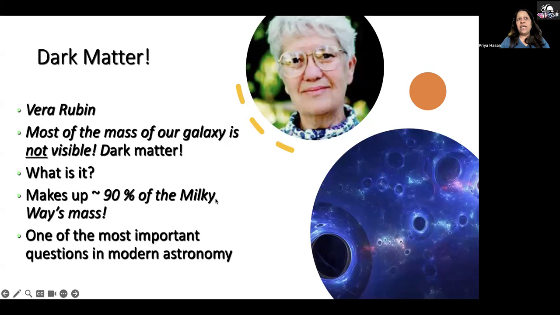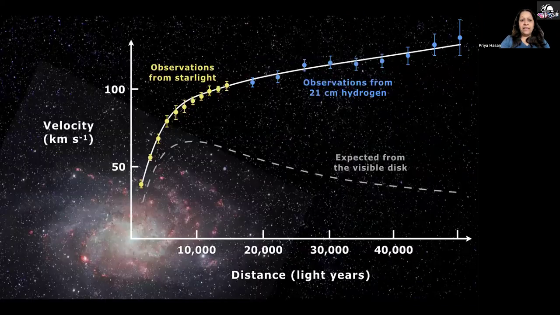And if the mass of the galaxy is sitting in the center, then how can it be increasing outside, right? Because like I said, your velocity has to go as 1 by r squared, so it should fall down. But she got this thing that it doesn't seem to fall. And this is one of the most path-breaking things in astronomy, because when she got these results, initially people thought there was some mistake in her observations, right? How can you be getting something like this when we expect to get a fall? But she verified her observations many times, and it was clear that her observations were fine, and therefore she proposed